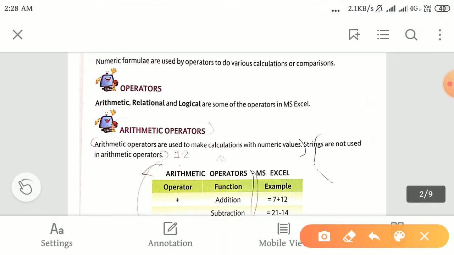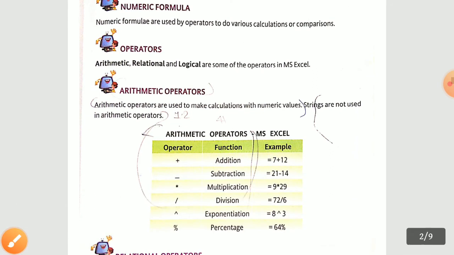Particularly, the operators we are having are of three types. See, arithmetic operator, relational operator and logical operator. Fine. Arithmetic operator means arithmetic, means maths, the maths formulas you are using over here, right? Relational means it is used for comparison, greater than, less than, equal to, all these things. Logical means it is also a kind of comparison operator that we will see a bit afterwards. Fine. So firstly, let us see the arithmetic operator.